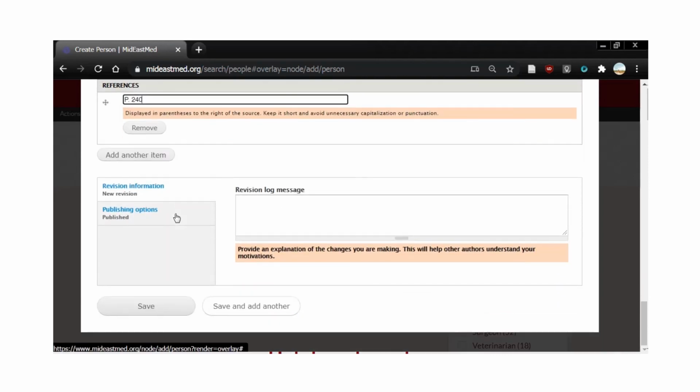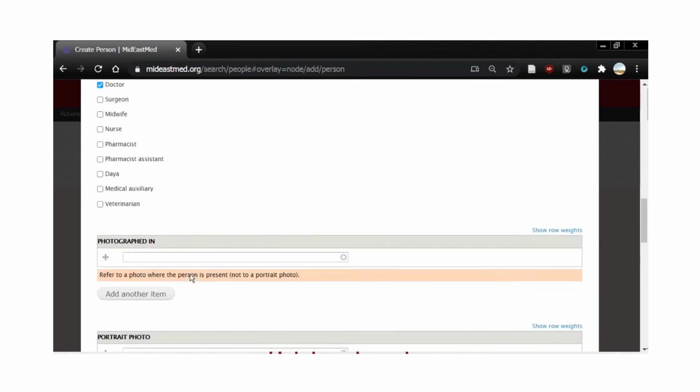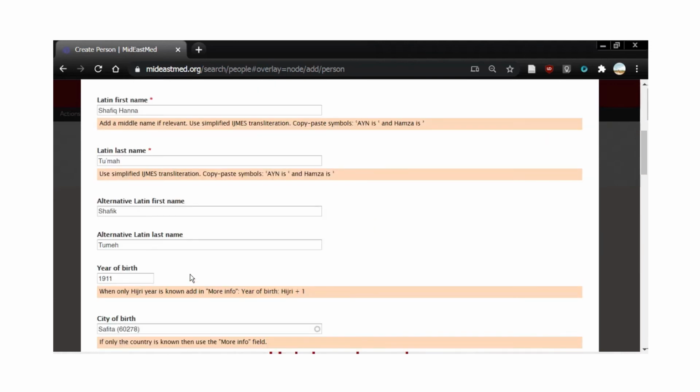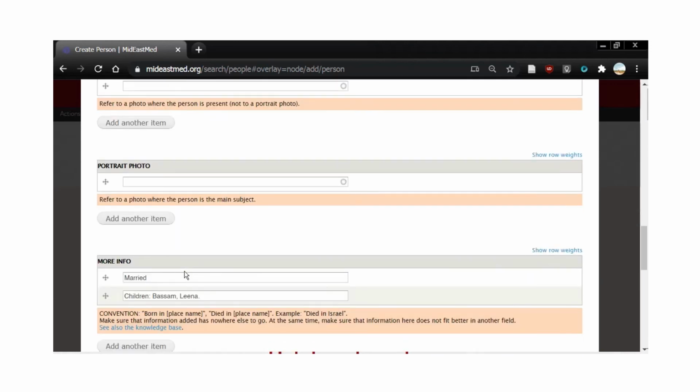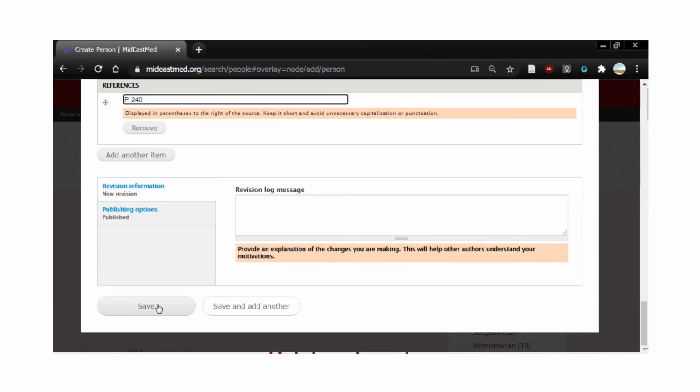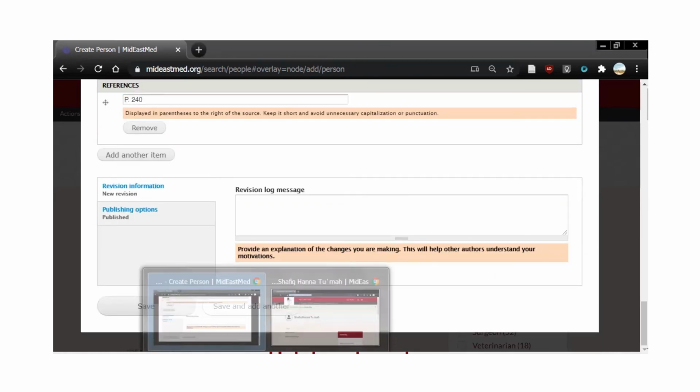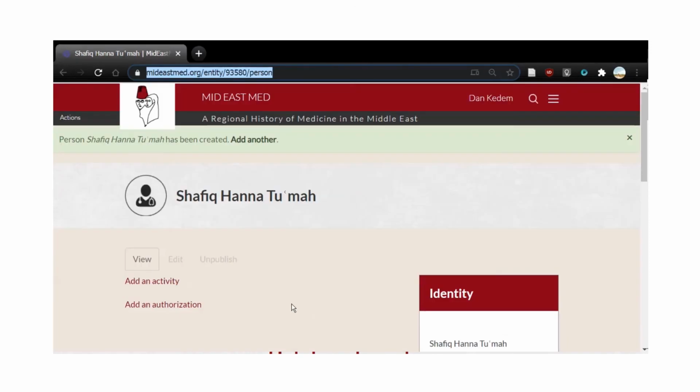That's it, you have reached the end. Here you click on the Save button and save the entry. Before doing so, you should go back to the top and go over all the details you filled in to make sure that everything is correct and that you have made no mistakes. Now you can click on Save, and what you'll see next